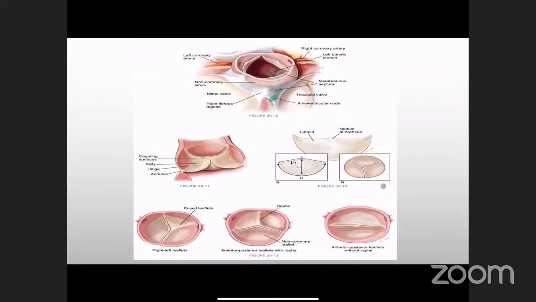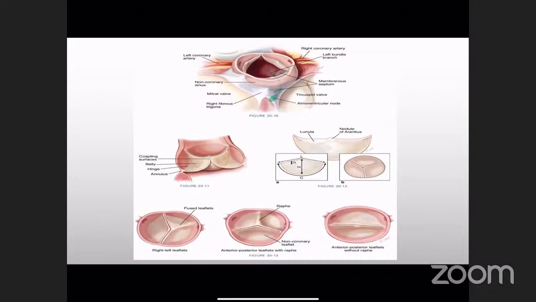As we see here, there's imaging showing the aortic valve when it's opening, showing here's the right coronary artery and the left coronary artery coming from the left and right coronary sinuses. And you see here the non-coronary cusp attaching to the tricuspid and mitral valve and